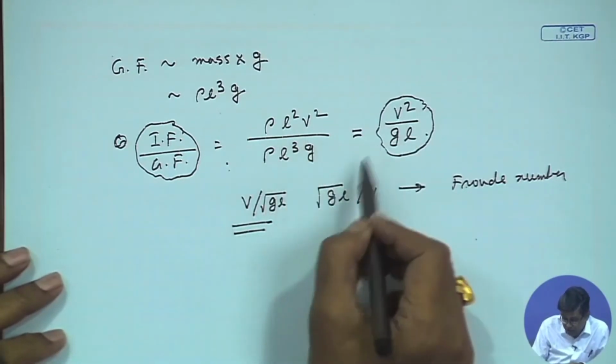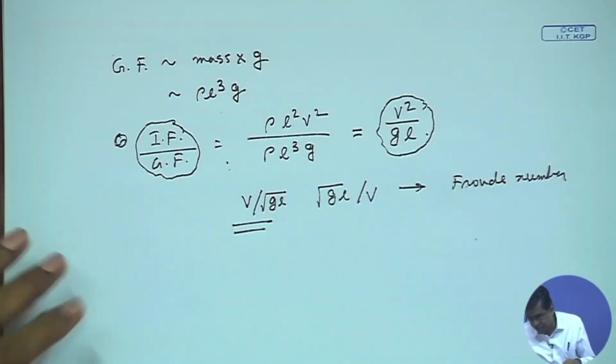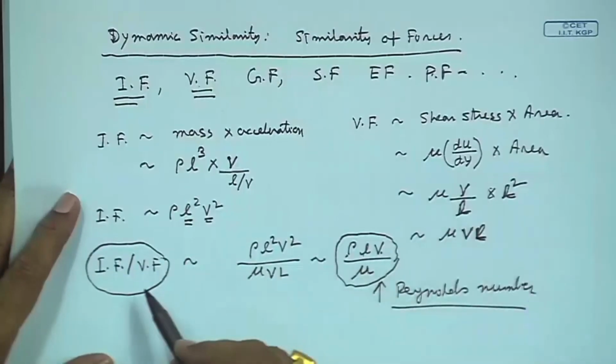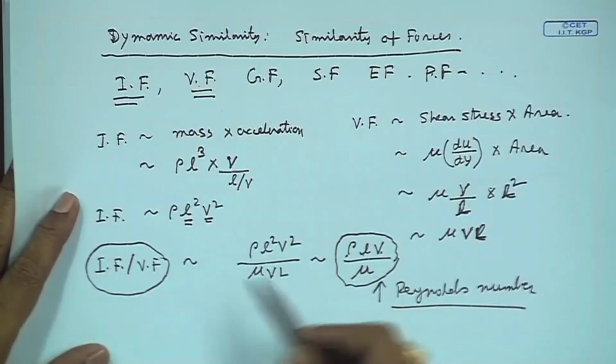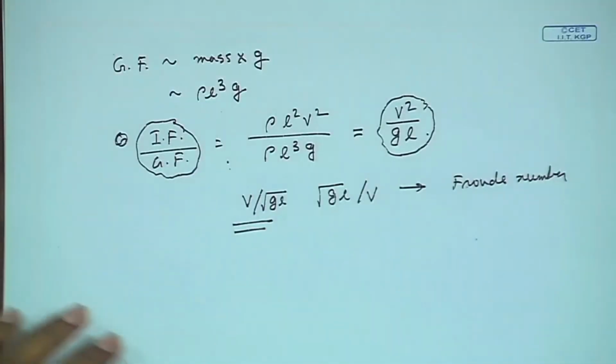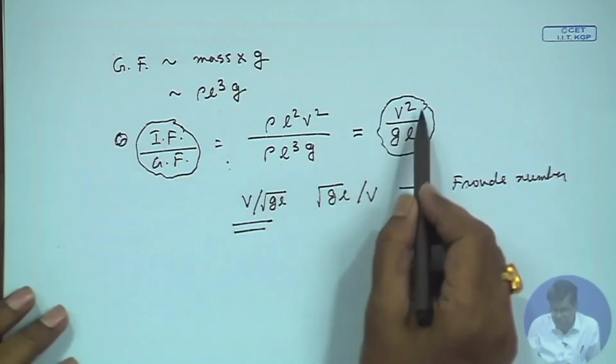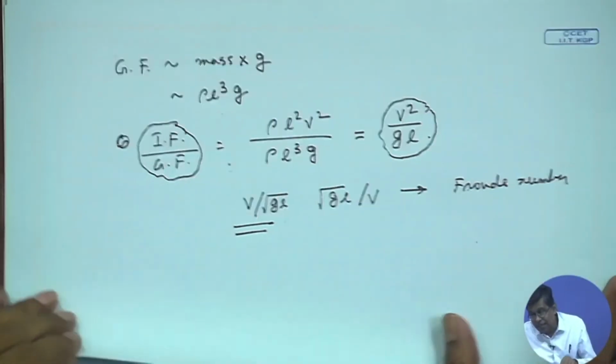But the Reynolds number has a classical convention: it has to be inertia force by viscous force, not viscous force by inertia force. So inertia force by gravity force scales like that. This way, by scaling the different forces, we can find out the similarity parameters which have to be made the same for both these systems to maintain dynamic similarity, so that the ratio of the forces at corresponding points will be the same.